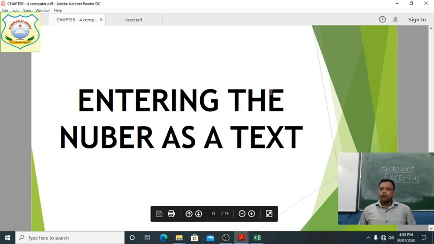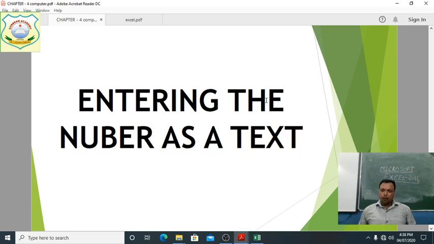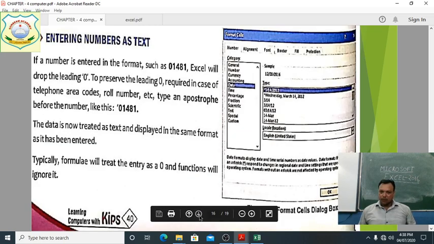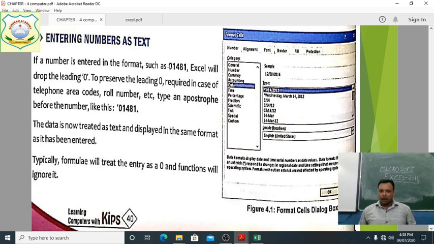entering a number as text. It means, if we have entered a number and we want to show it as text, then how will we do it? See, students, entering a number as text. If a number is entered in a format such as 01481, Excel will drop the leading 0.